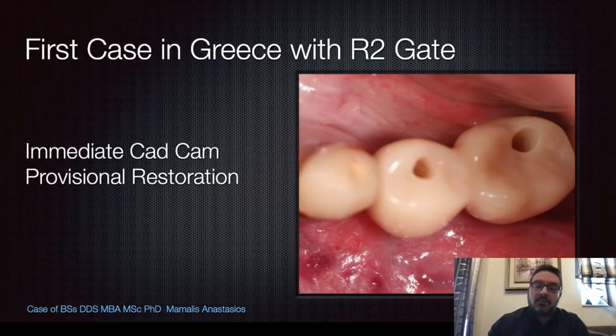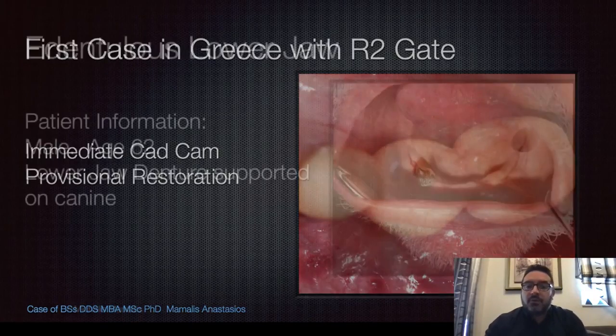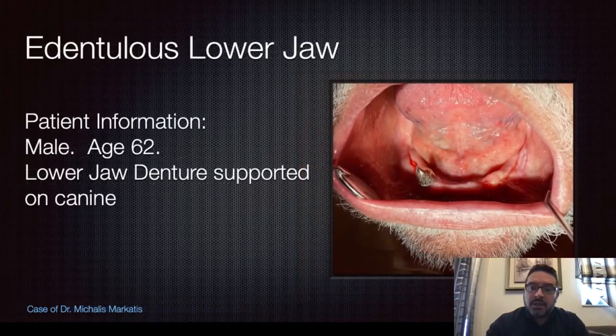So one of the cases that we completed lately is the following. It was an edentulous lower jaw. The patient is around 62 years old and he has a denture supported on a canine. This was a very tricky case, because we decided to keep the canine in the mouth so as to have extra support